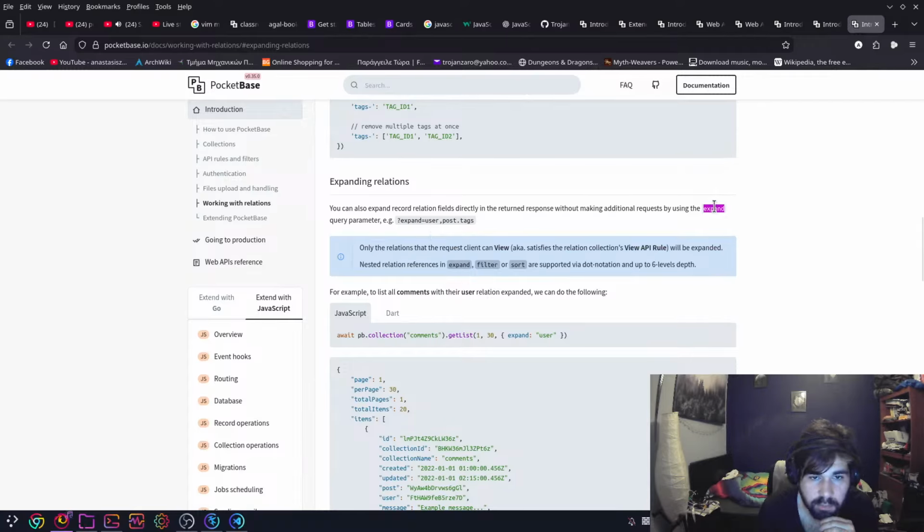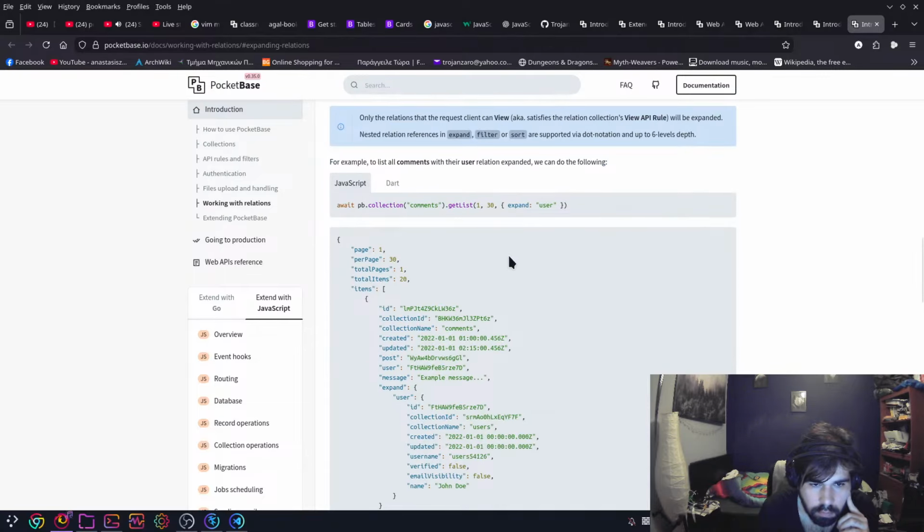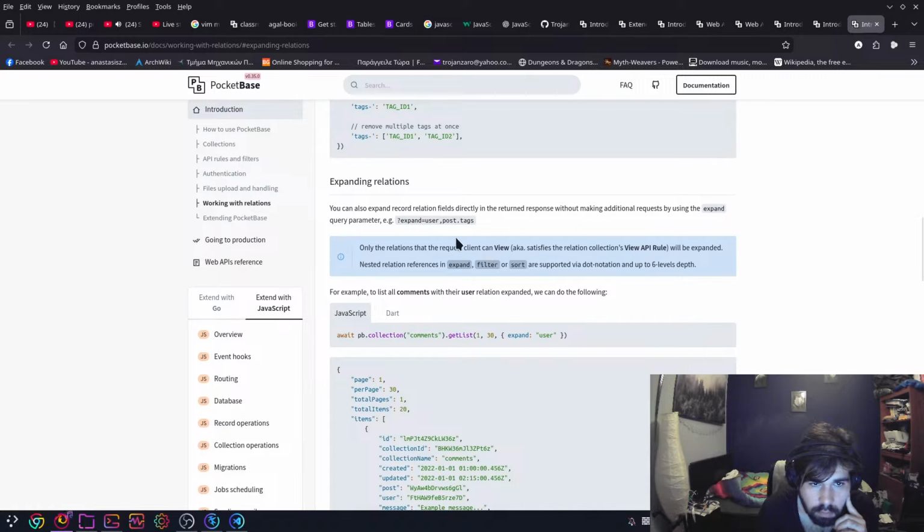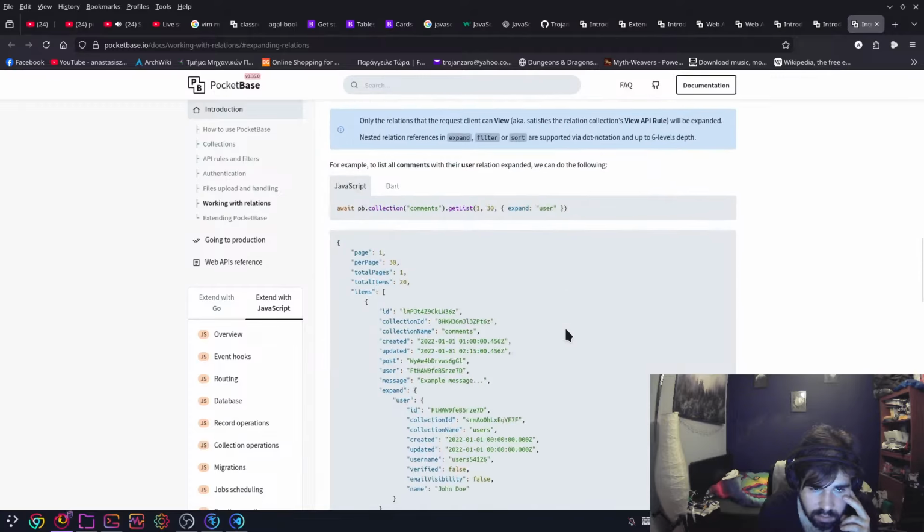By using the expand query parameter. Expand equals what? They're not even writing them in ways that make sense.